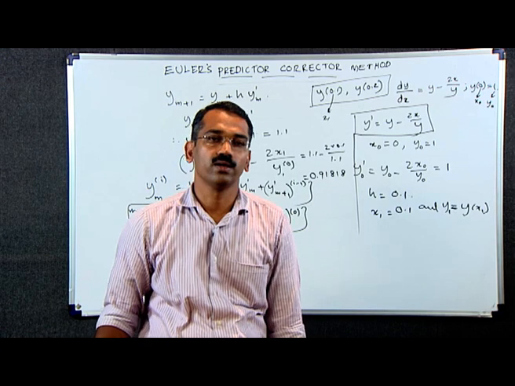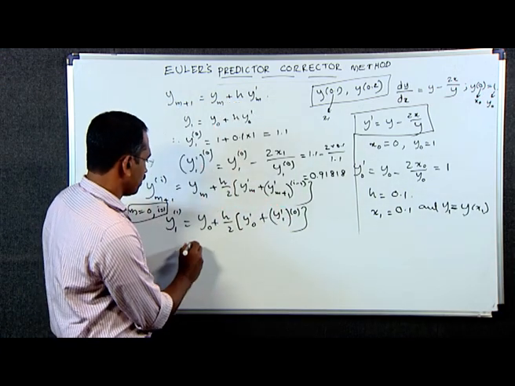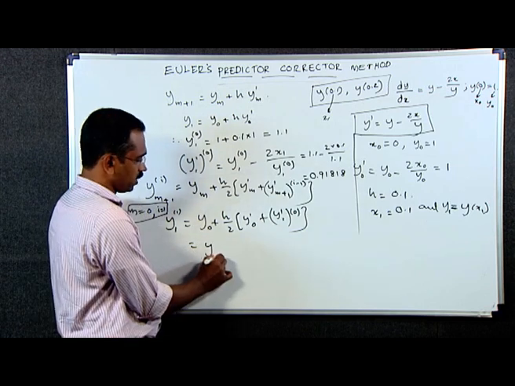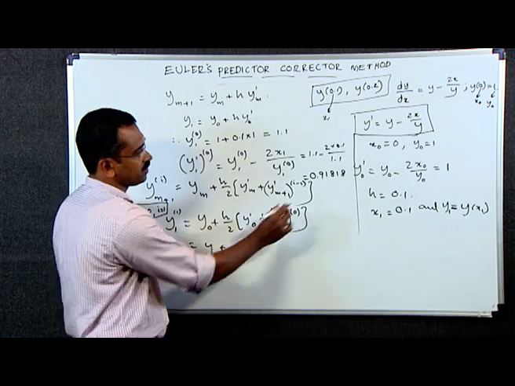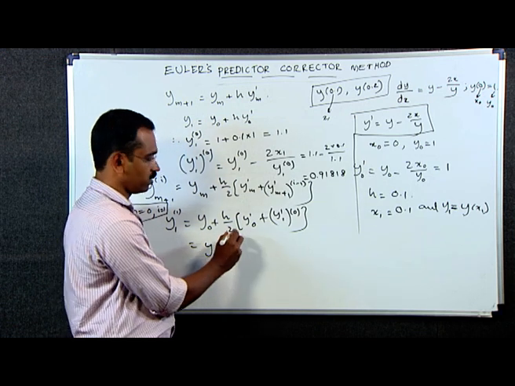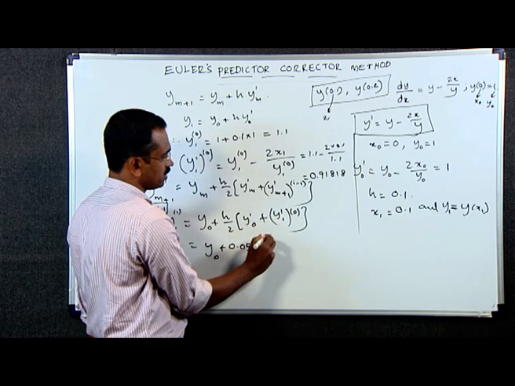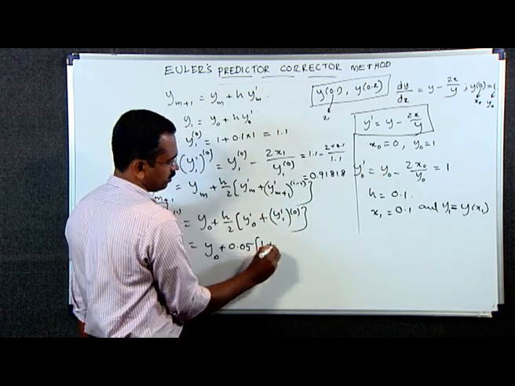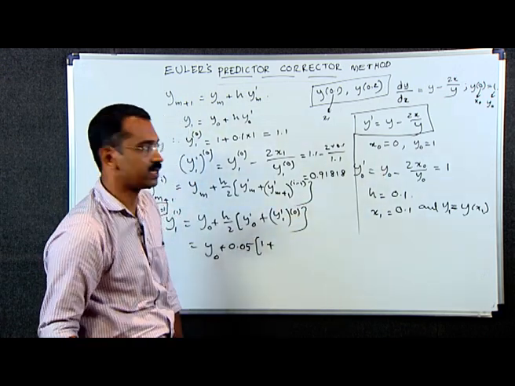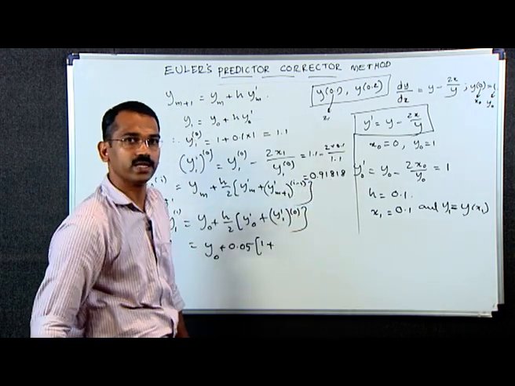Here 0 means the initial approximation. This is equal to y naught plus h, which is 0.1 divided by 2, that means 0.05, into y naught dash, which is 1, plus y1 dash 0, that is 0.91818,